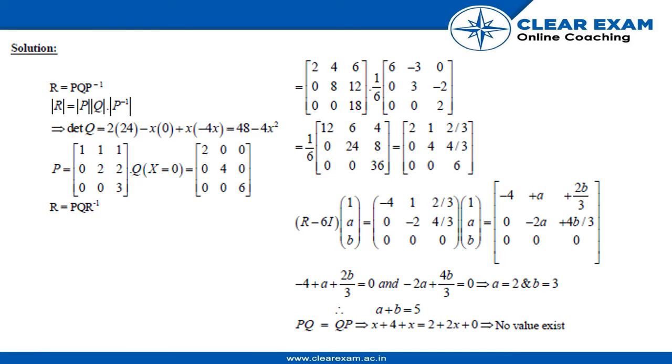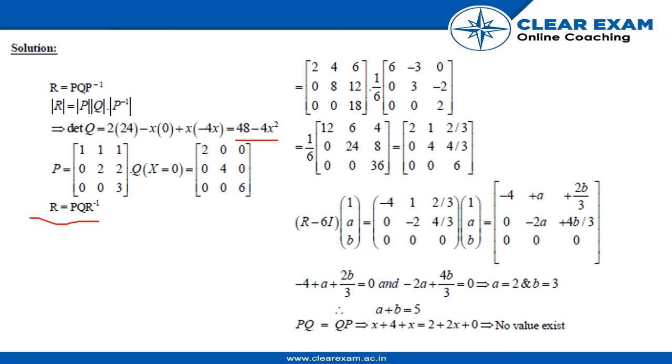Determinant of Q equals 2 into 24 minus x into 0 plus x into minus 4x, which equals 48 minus 4x squared. Matrix P equals [[1,1,1],[0,2,2],[0,0,3]]. Q, for x equals 0, equals [[2,0,0],[0,4,0],[0,0,6]]. R equals PQ, R inverse, which equals